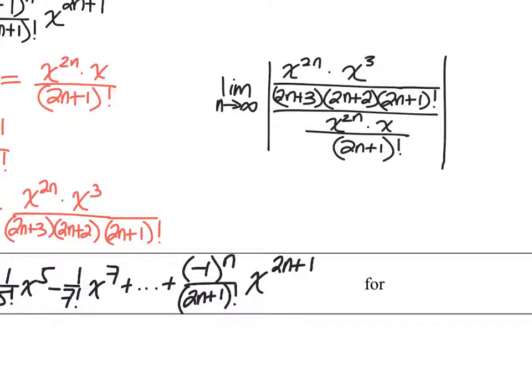So all the hard parts of this will cancel out now. And you could even do something with the x's. X goes into x cubed, x squared times. So this is going to simplify down to the limit as n approaches infinity of x squared